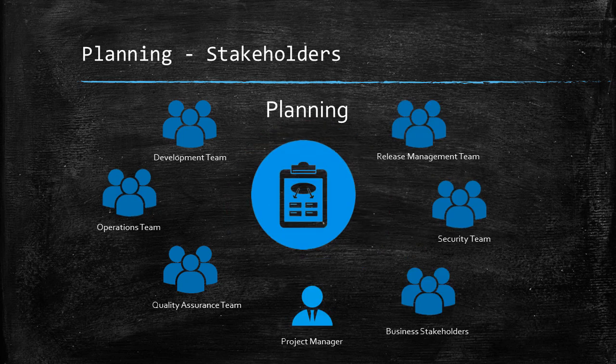The first stage in the DevOps life cycle is planning, which involves the identification of the key stakeholders who will be involved in the process. The following are some of the stakeholders that may be involved in the planning stage. Development team. This team is responsible for creating the software that will be deployed. They are involved in planning the features, creating the code, and testing the software.